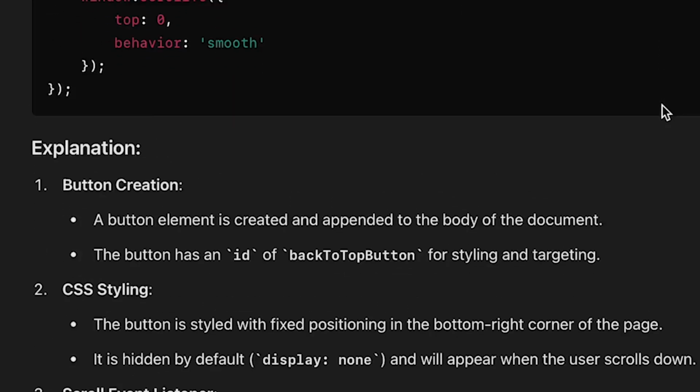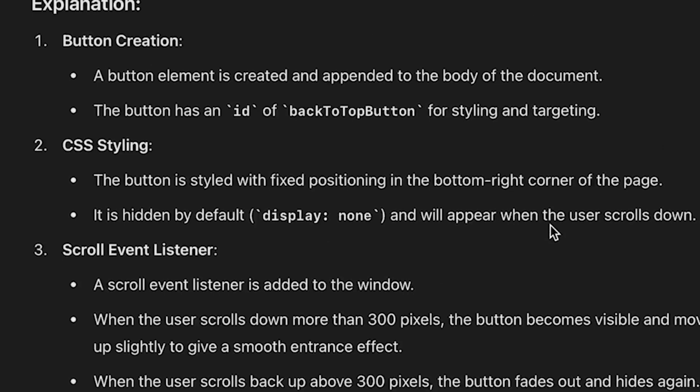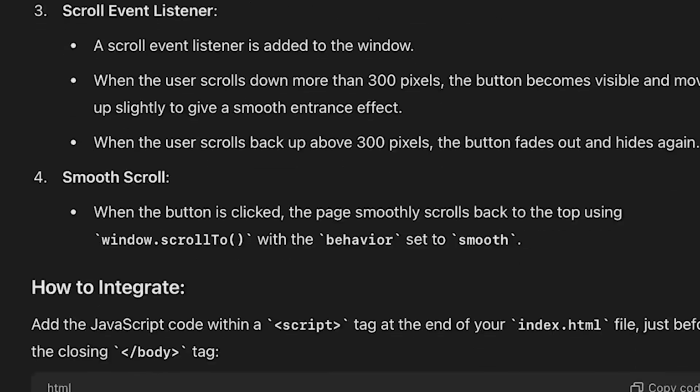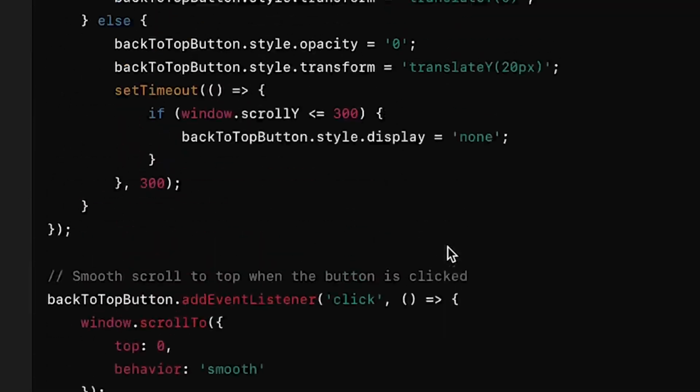If you scroll down, you get the explanation which says like button creation. A button element is created and appended to the body of the document, and they've used the ID, which is called back to top button, for styling and targeting. And then you have the CSS styling, scroll event listeners, smooth scroll, and how to integrate. And so that's a good thing about this, it automatically adapts if you're a new user and what things will help. So add the JavaScript code within a script tag at the end of your index HTML file just before the closing body tag. So now let's first copy